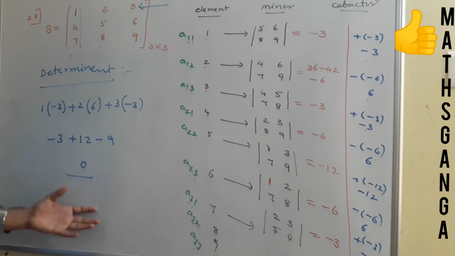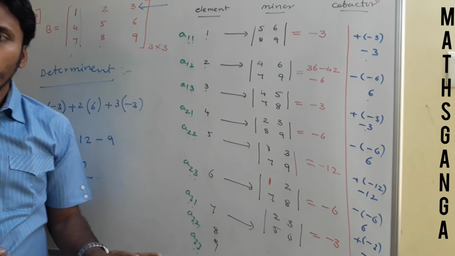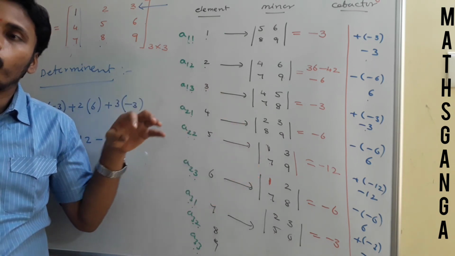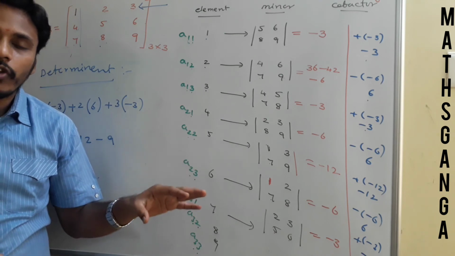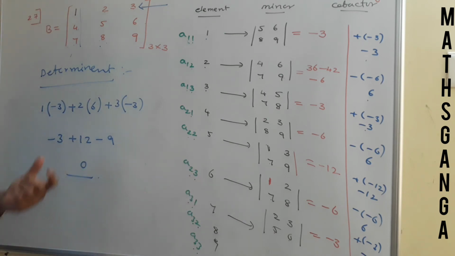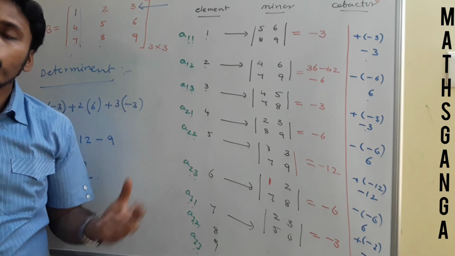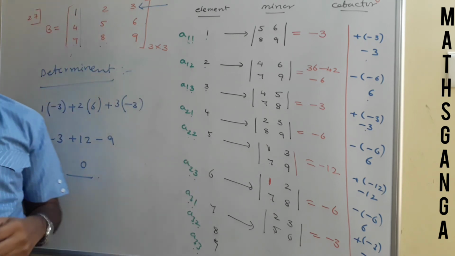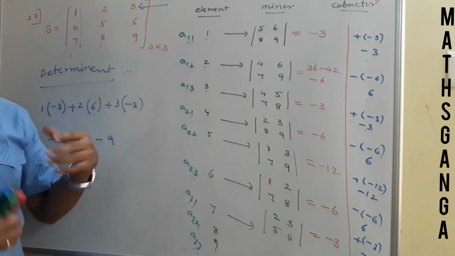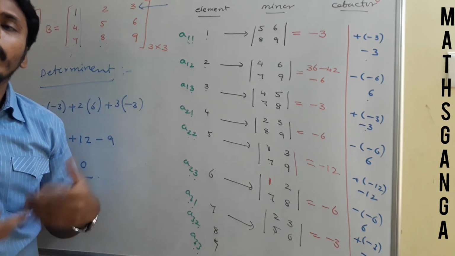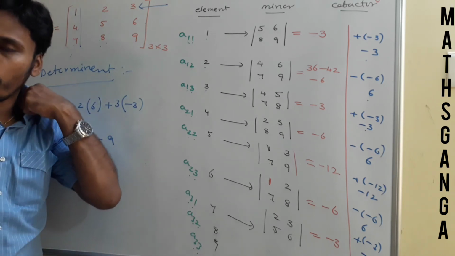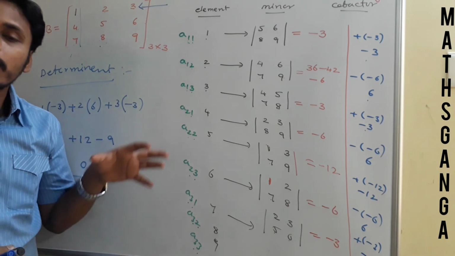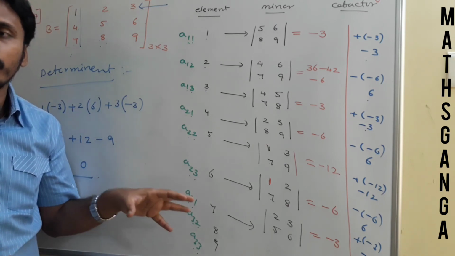And here the determinant value is what? 0. Okay. And then you just try to make this table and try to write the adjoint as well as try to find the determinant using this technique, by taking any other matrix. Okay, you just take a 3 by 3 matrix of your own elements and then try to make this table, try to write the adjoint matrix, and also find its determinant. So this is the basic definition of the determinant.